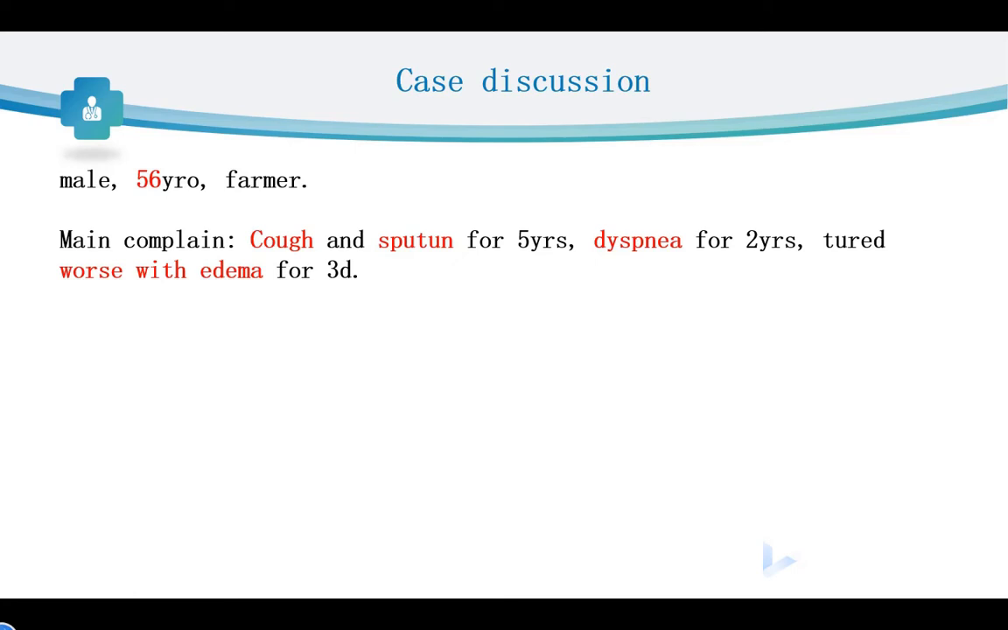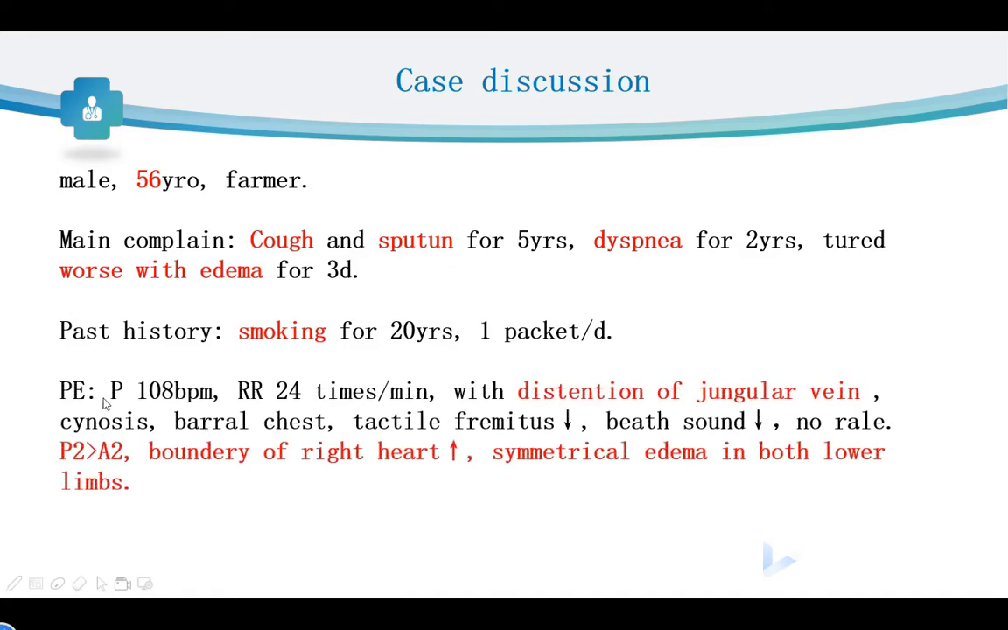The main complaint of this patient is cough, sputum for 5 years, dyspnea for 2 years, and these symptoms turn worse with edema for 3 days. The past history shows smoking for more than 20 years. During the physical examination, we can find a slight increase of the pulse and increased respiratory rate with detention of